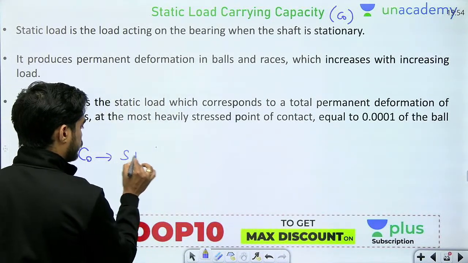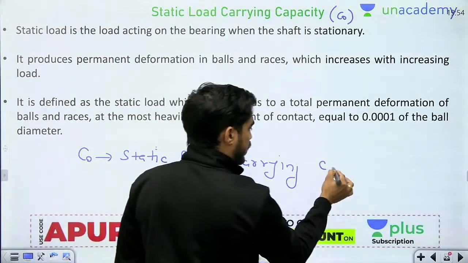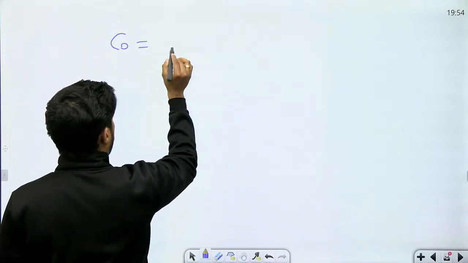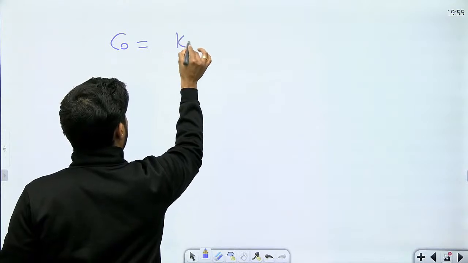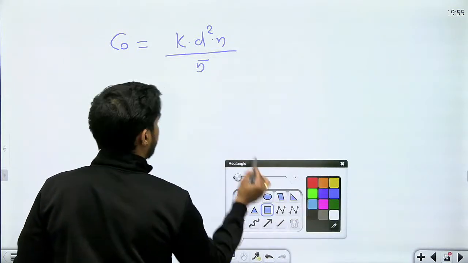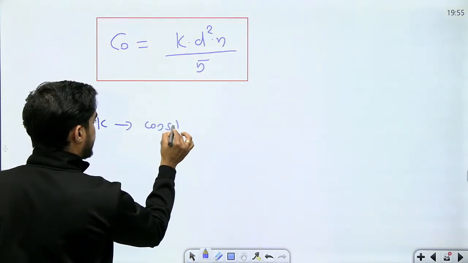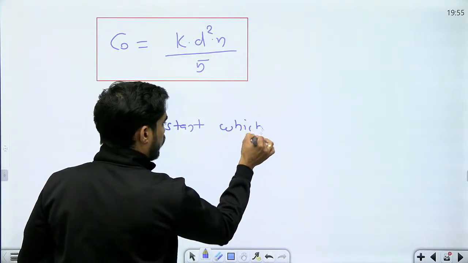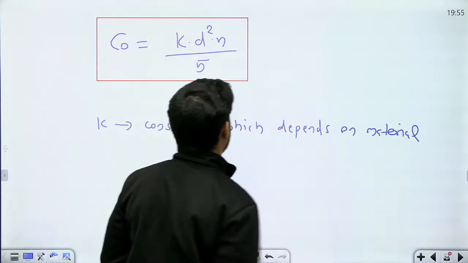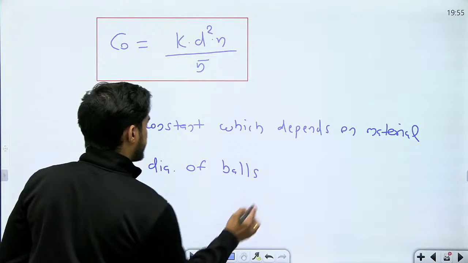C naught is the static load carrying capacity, and this is the equation: C naught is equal to K into D square N divided by 5, where K is a constant which depends upon material, D is the diameter of balls and N is